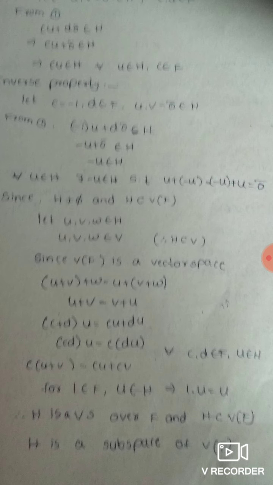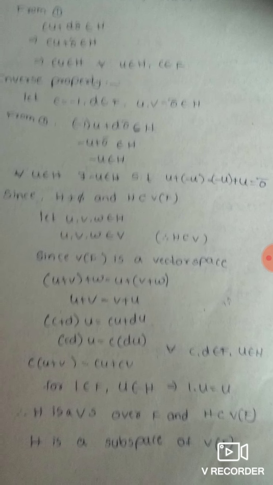That is, minus u plus 0 belongs to H. Minus u plus 0 is minus u belongs to H. Minus u belongs to H for all u belongs to H, such that u plus minus u equals minus u plus u equals 0. Since H is non-empty, H subset of V of F, let u, v, w